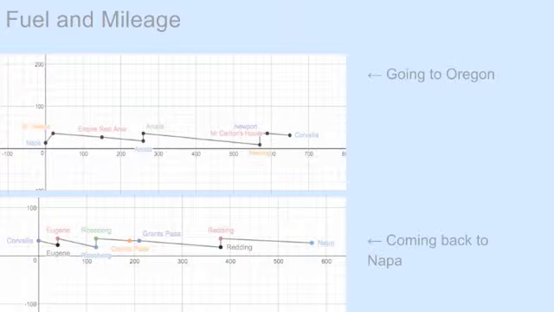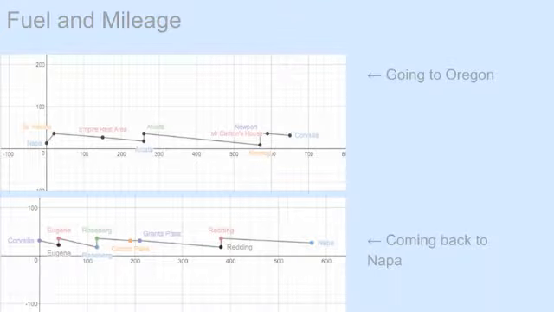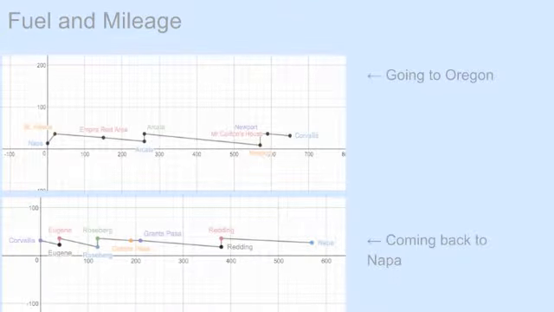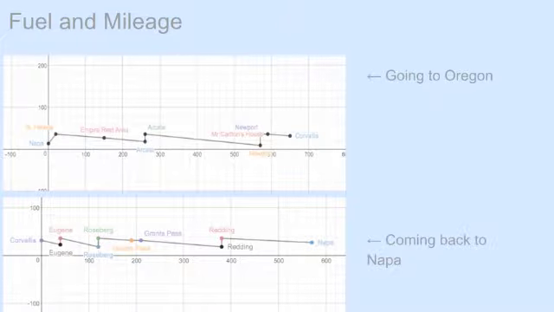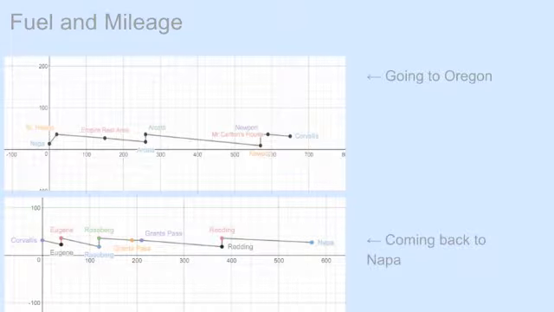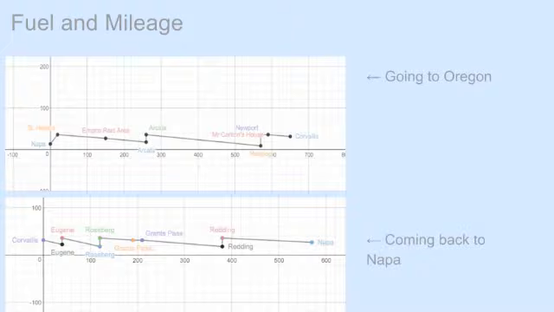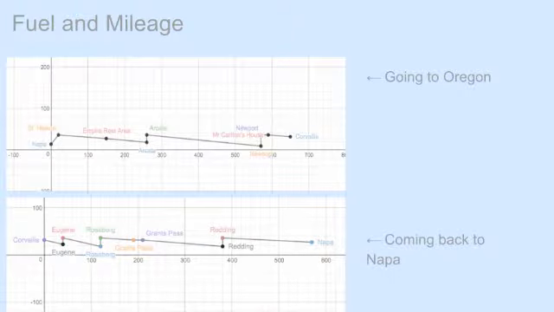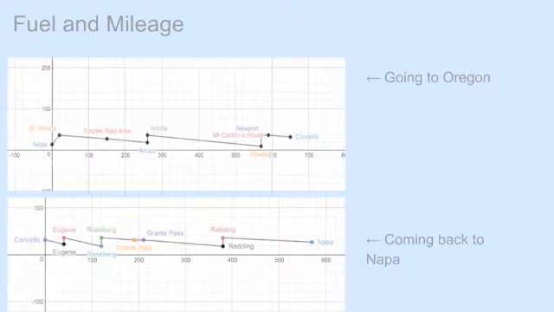height on the y-axis. I calculated the distance by taking the odometer count from the start of each drive, from leaving his house in Napa and leaving the hotel in Oregon, and with every single stop he made, I would subtract the original odometer number from the new one, giving me the exact distance he traveled since the beginning of